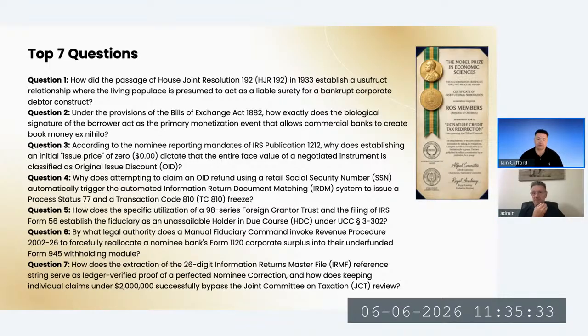Well, the 26-digit IRMF reference number is the tracking and tracing of all of that signature credit from the origination all the way through to the tax payment on the 945. The IRS have a system, the IRMF system, to track that. Our AI system also tracks it as well. We can match it up. The 26-digit information master file, each of those 26 digits means something.